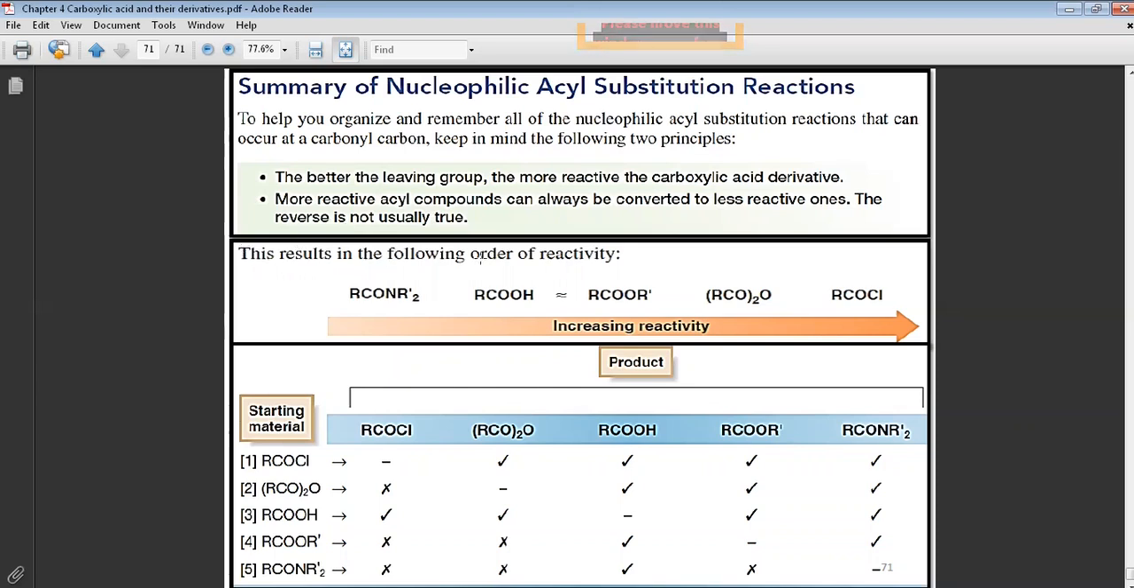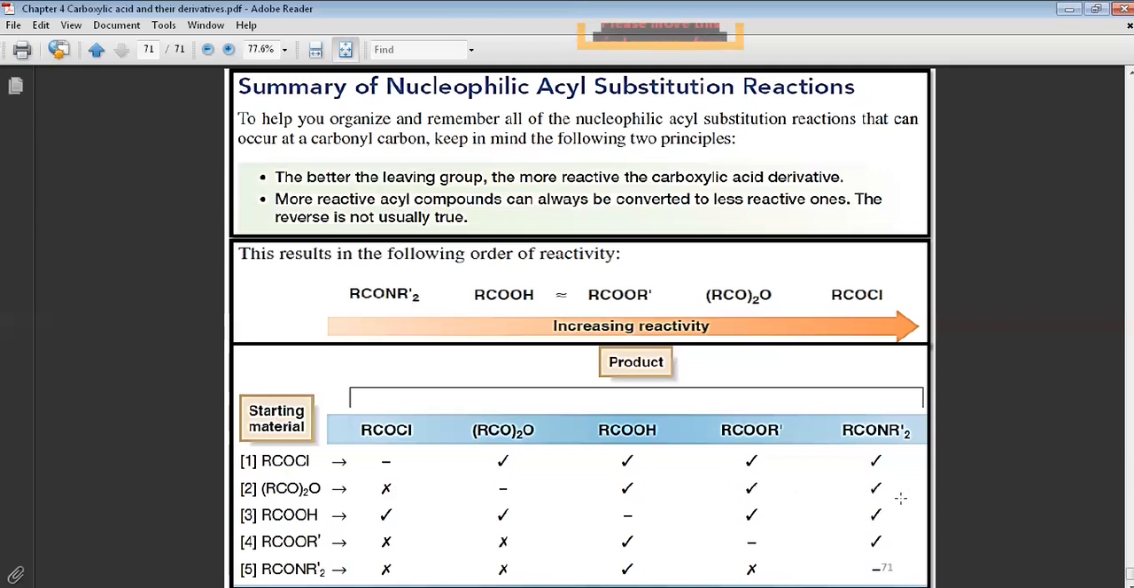Now, this results in the following order of reactivity. This is the most reactive one, and this is the least reactive one. The more reactive one can be converted to the less reactive one, but the less reactive one cannot be converted to the more reactive one, except by using a special reagent. Now, if you have a starting material like acid chloride, it can be converted to the acid anhydride, the carboxylic acid, the ester, and the amide. If your starting material is an anhydride, it cannot be converted to the acid chloride, but can be converted to the acid,